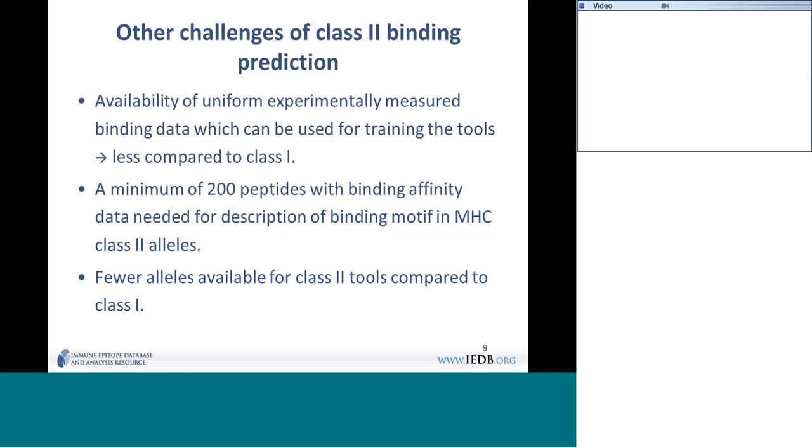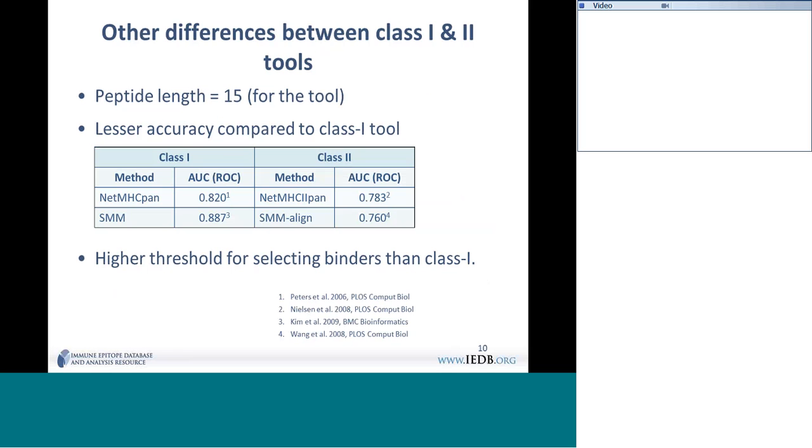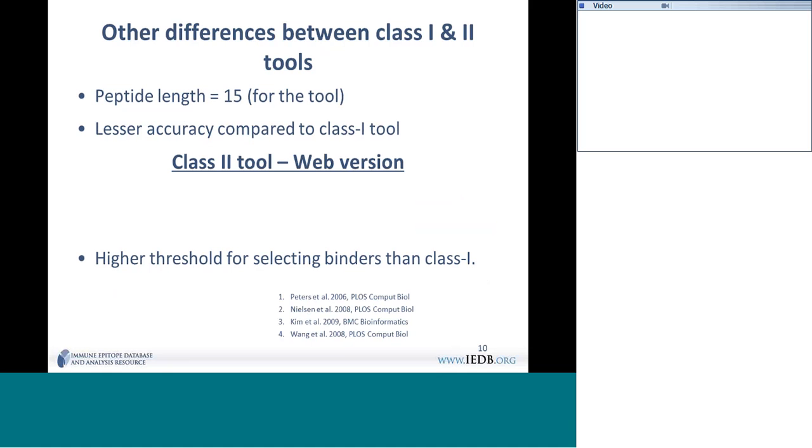That's one of the reasons: we don't have much uniformly measured binding data available for developing the algorithms. So these are some of the challenges that we face in designing a class 2 prediction tool. And because of these reasons, the prediction efficacy is a little lesser compared to the class 1 prediction tool. So the class 1 prediction tool gives a very good performance, but the performance for class 2 is not as high as class 1. And another difference is that